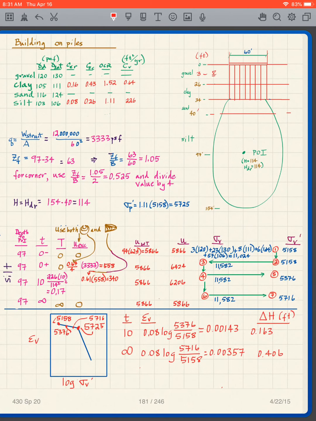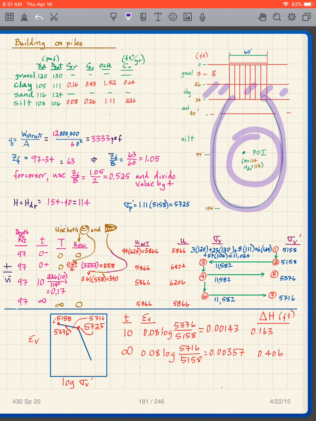Okay, to complete this problem, we want to calculate the settlement for the building on piles. As we noted, the building on piles has this pressure bulb, which is only in the silt. We transfer the load past the clay. There's the clay layer. The whole purpose, in a lot of ways, for the piles is to transfer the load past the clay that can be soft and just load the silt and see if that gives us a better